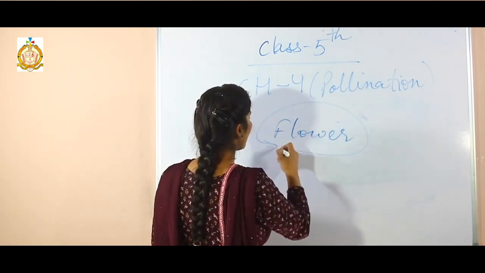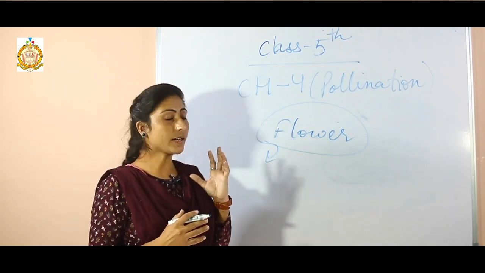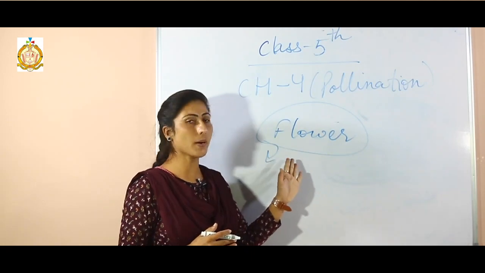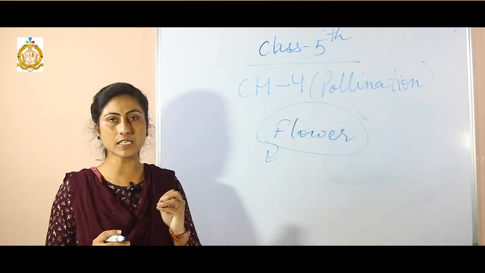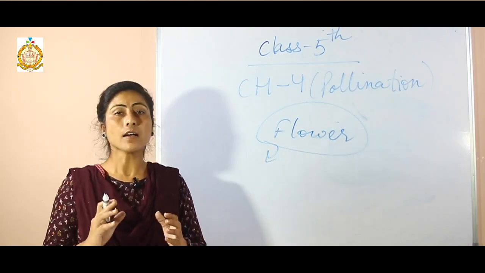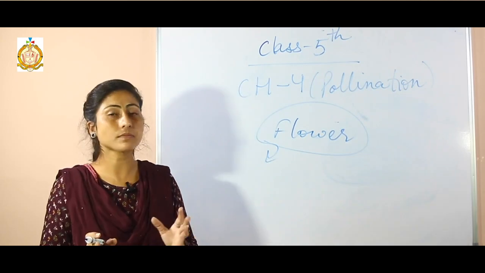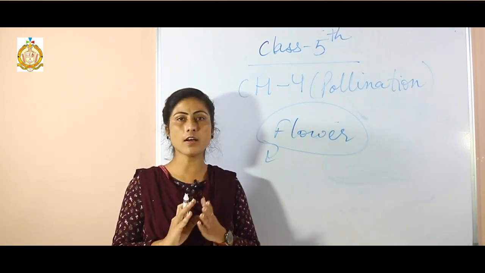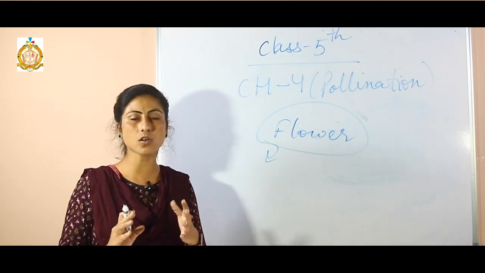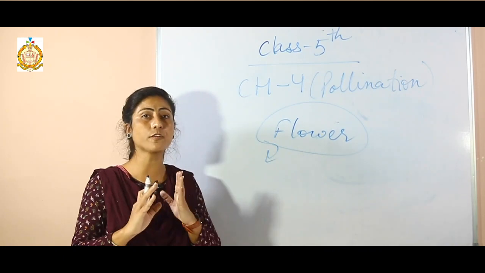What is a flower? Flower is the most beautiful and attractive part of the plant. It is the colored part of the plant. It can be sweet smelling and it is also called the reproductive part, and flowers are of different colors, shape and size. Like the flowers of rose, dahlia, jasmine, sunflower, hibiscus, all these are of different shape and size, and these are also of different colors.